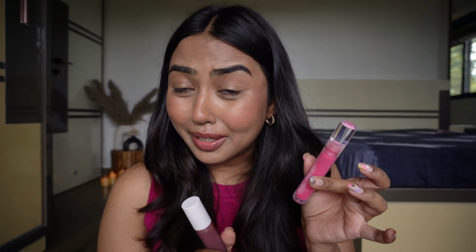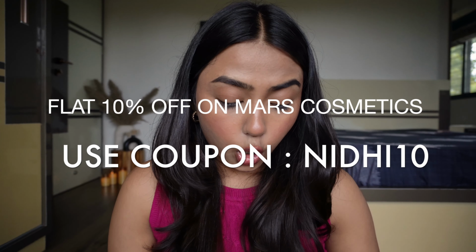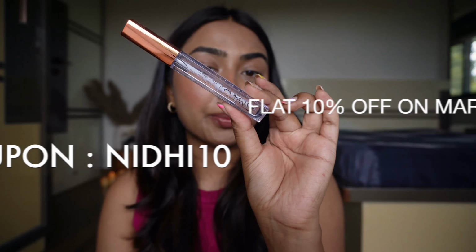I've also seen Kiro Beauty launch their gloss. I'm yet to get my hands on it, but I just love these kind of pink toned glosses. They look very natural, especially if you have tinted lips. A tinted gloss would look more good on you all. So you can go ahead with these, or else if you want an affordable good option, you can also try